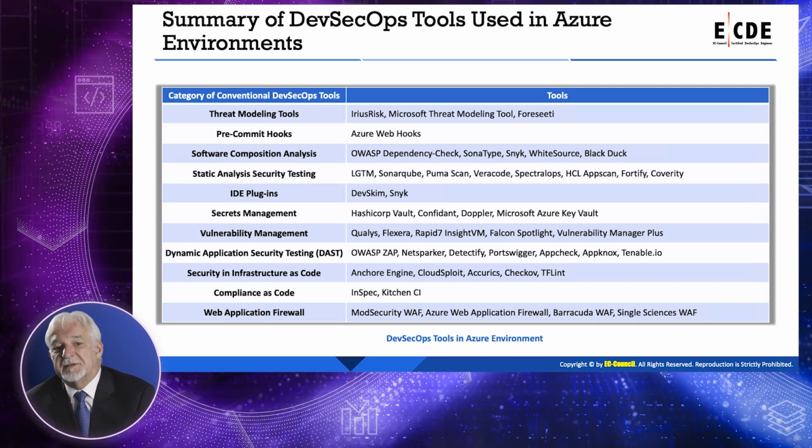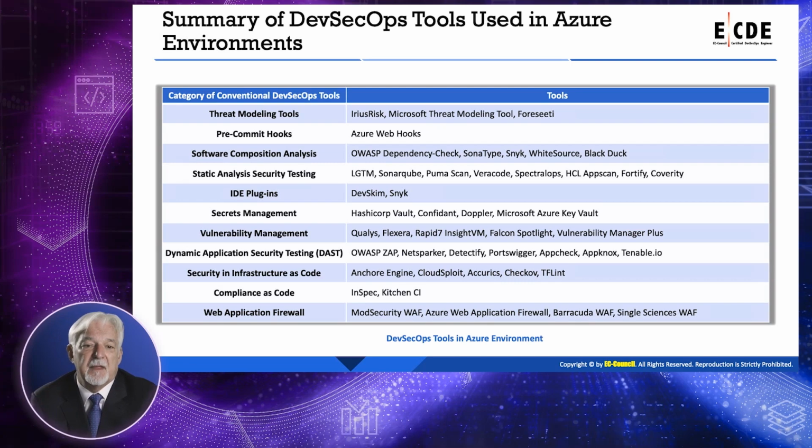For static analysis security testing, LGTM, SonarQube, PumaScan, Veracode, SpectralOps, HCL AppScan, Fortify, and Coverity. For IDE plugins, again, Snyk with DevSkim. Secrets management, you can use the Microsoft Azure Key Vault or HashiCorp, Confidant, and Doppler. For vulnerability management, Qualys again, Flexera, Rapid7 InsightVM again, Falcon, etc. And one thing is that some of these tools work in multiple cloud infrastructure and environments, AWS, Azure, as you